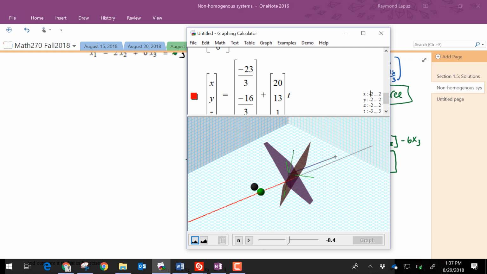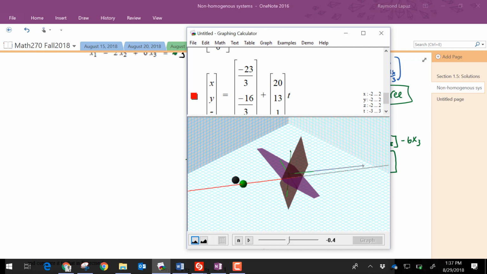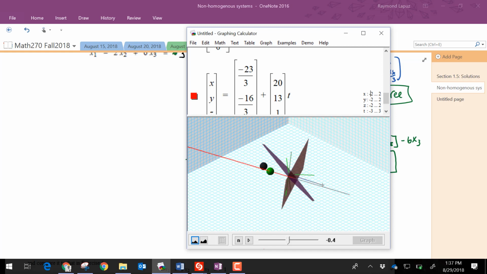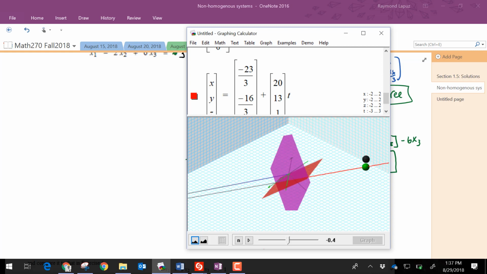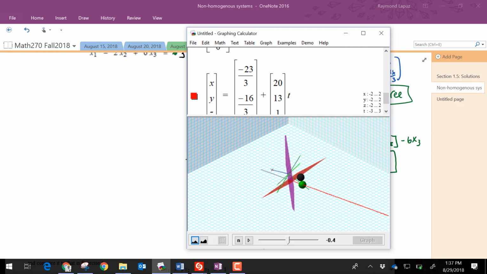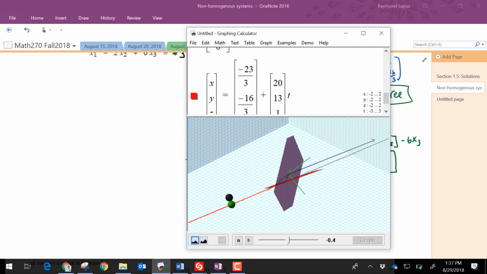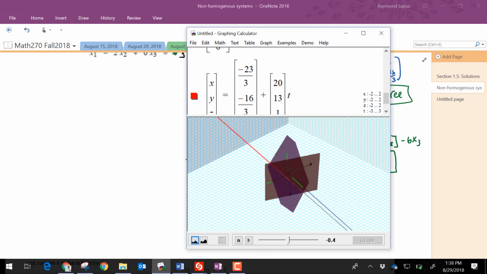And I don't know if you can see where the planes actually intersect, but let's see if we can see it. That's where the red line is. But let's actually take a look at the planes. There it goes. You can see that plane actually intersects. So I don't know what the best view is of this graph to put in our notes, but